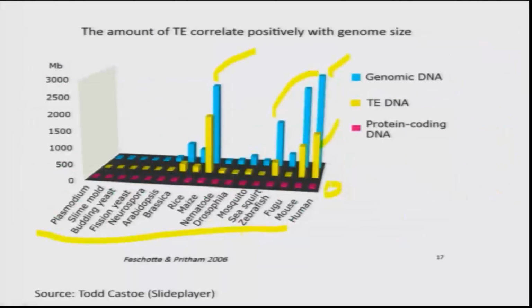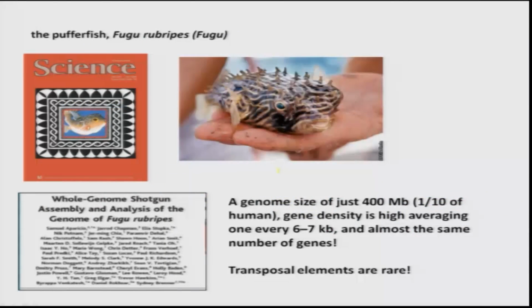So how do you really study, right? When I talk about transposons, transposable elements, one of the model systems, or one of the species that has very few transposable elements, is the pufferfish. That is something that is shown here. You can see that this fish, called fugu, has a negligible amount of transposable elements, and the genome is so